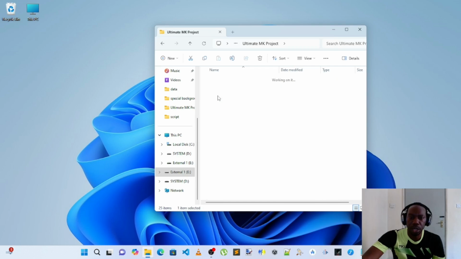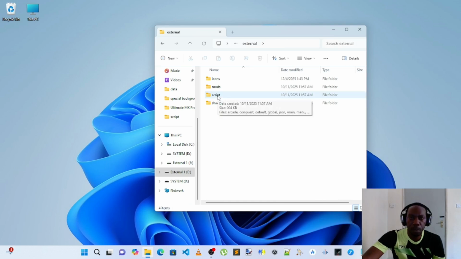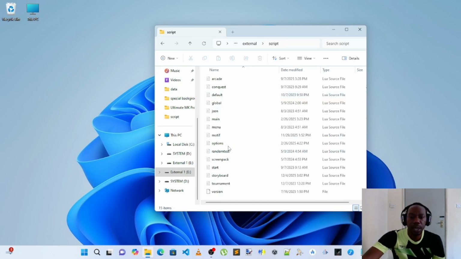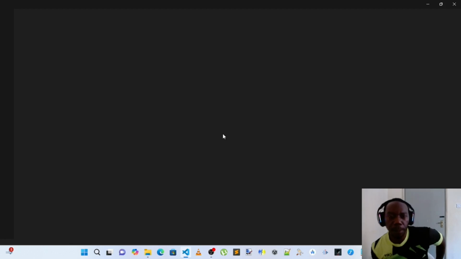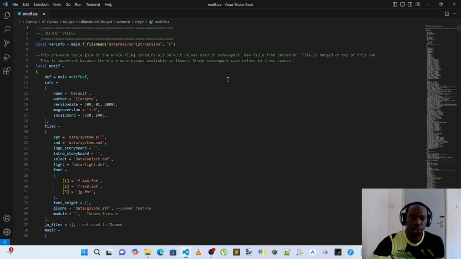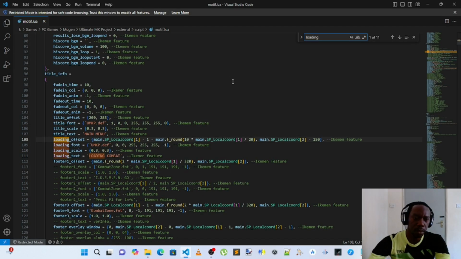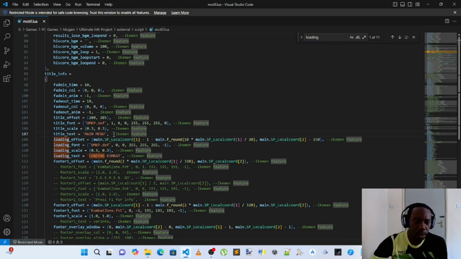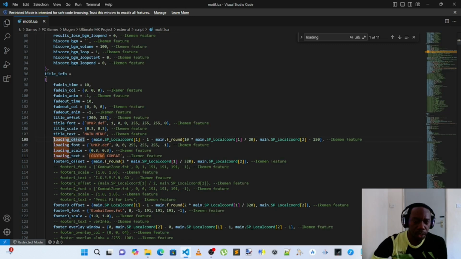Go into the external folder, open the script folder, and then find the motif file. So let's open up the motif file. Then what you will do is just search for the text loading. So once you find the loading offset on this line,